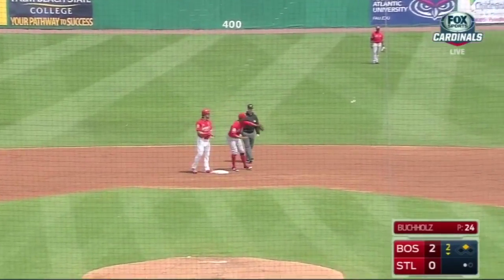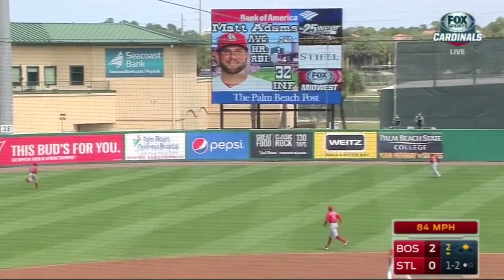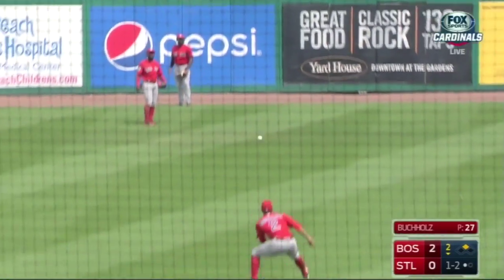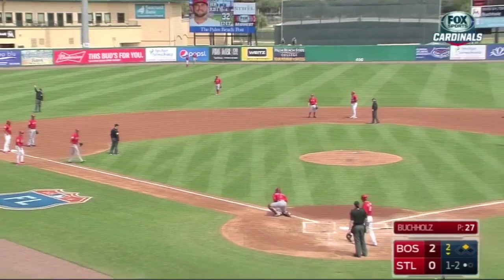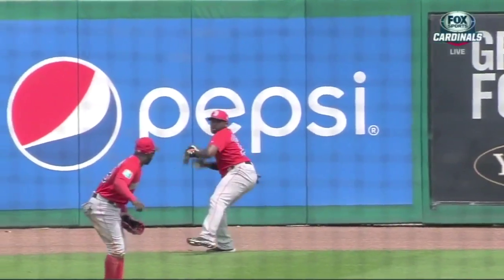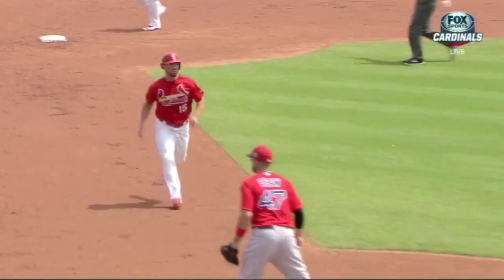Very quickly. The 1-2. Puts the ball in play. It's a fly ball into left center field. That ball will be caught by Jackie Bradley Jr. Then he dropped it. Adams on his way to second. Grichuk, though, did tag up. So he can stay at third, but it isn't out. And then Grichuk advances. Hanley Ramirez is wanting the Red Sox to tag the bag at second base, but I